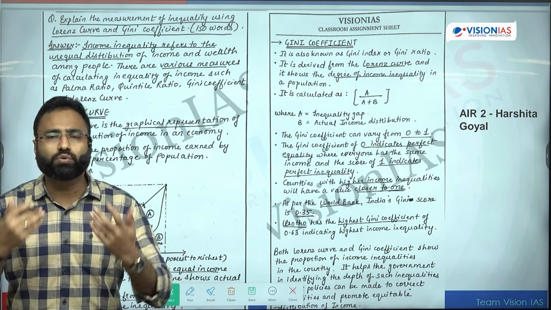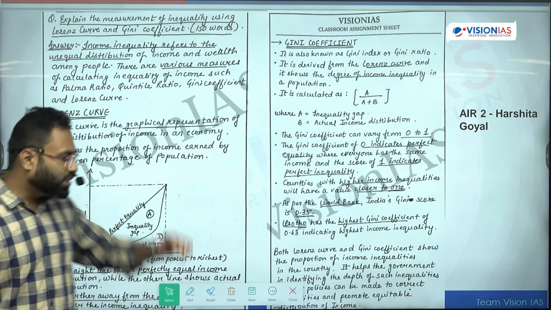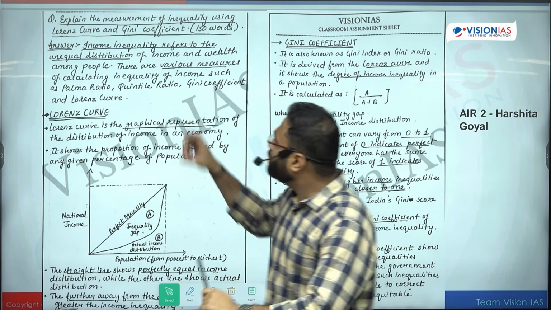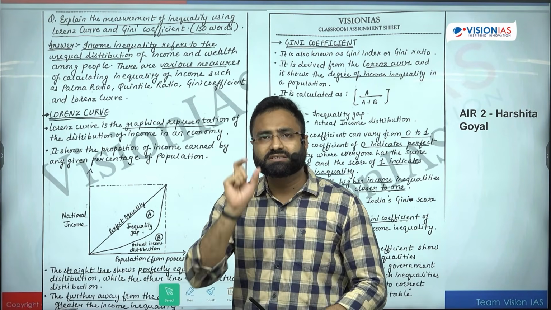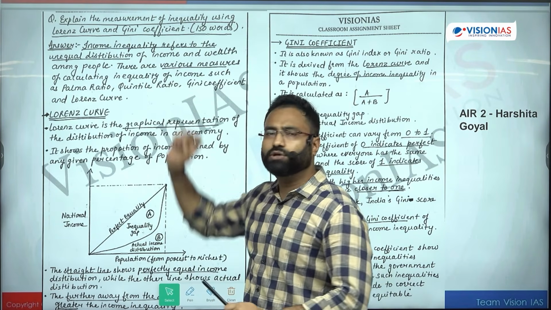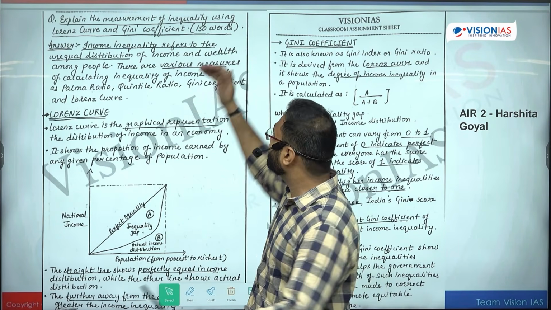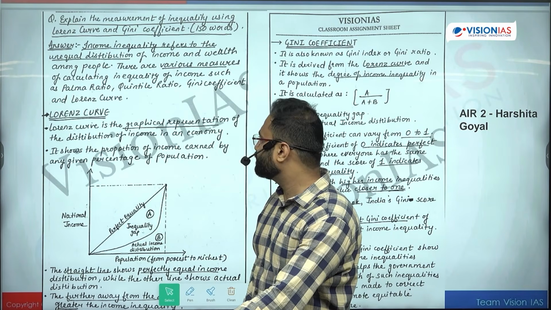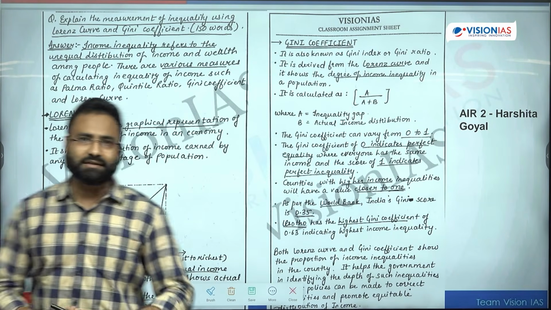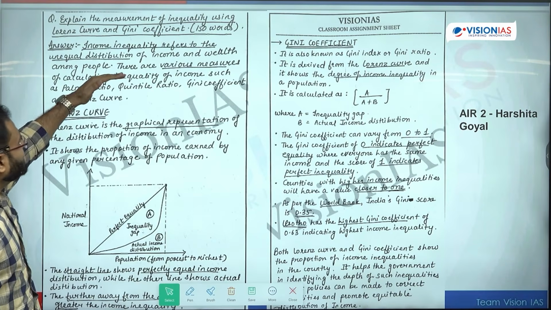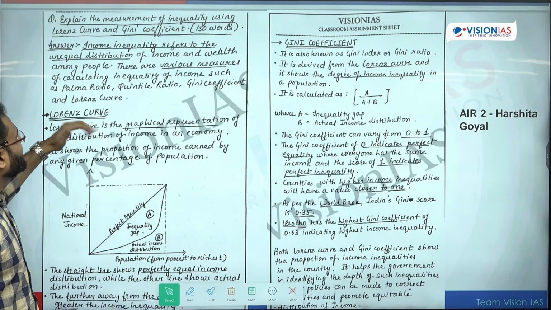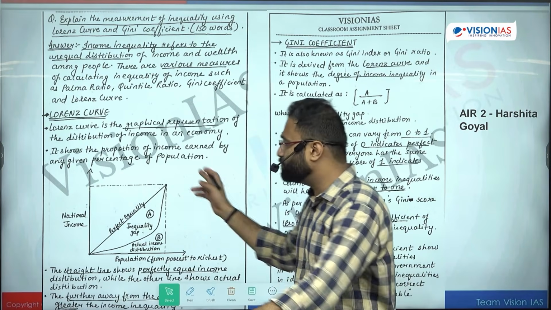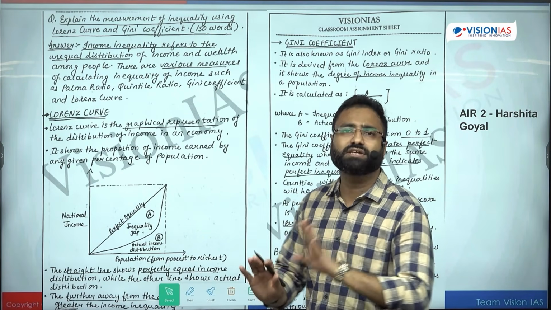So see what you are doing here: once you have written something, there will be certain feedback, and there can be multiple ways of writing the central theme, because you have to start with the inequality, which is the core theme of this particular question. Now, Harshita was asked two aspects. First is the Lorenz curve, second is the Gini coefficient. Now let's see how the data, facts and substantiation have been put even in the very initial answers.